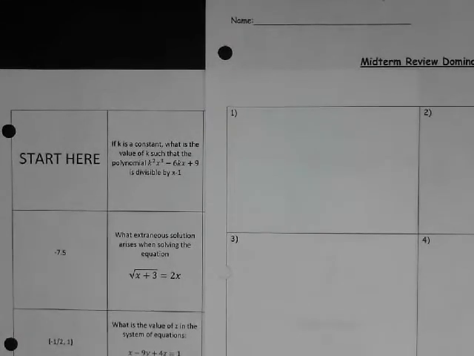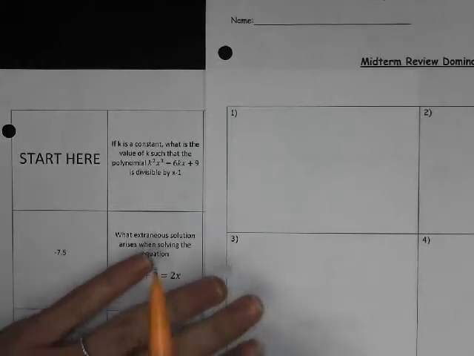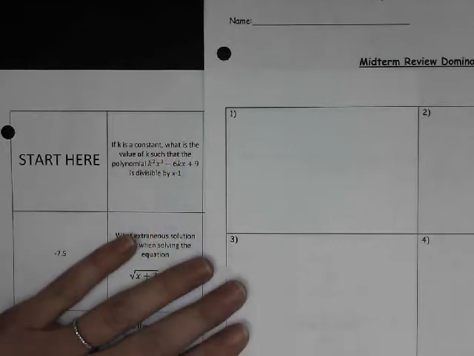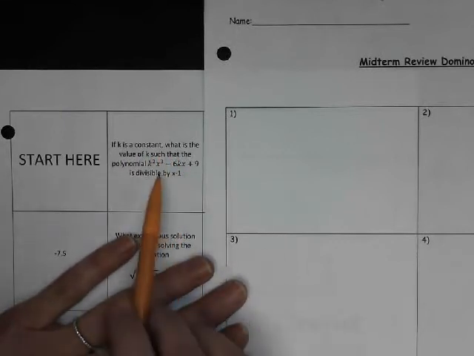Okay, I thought I'd start with the Dominos because it's a good random review. It's not all in one category. It's kind of all over the place, which is more authentic to your midterm. So, starting with number 1, if k is a constant, what is the value of k such that the polynomial